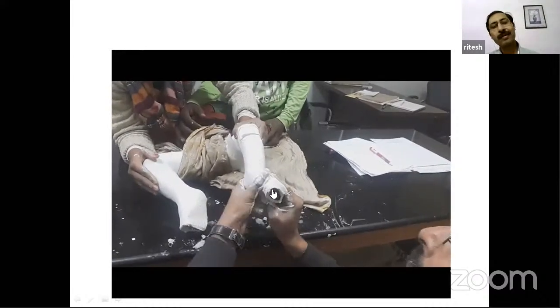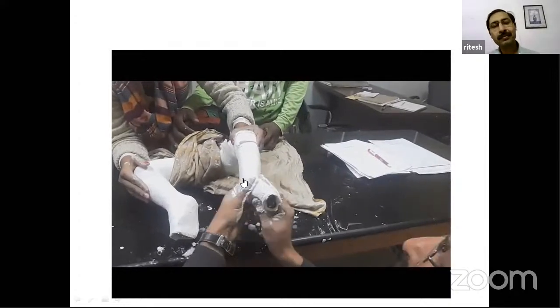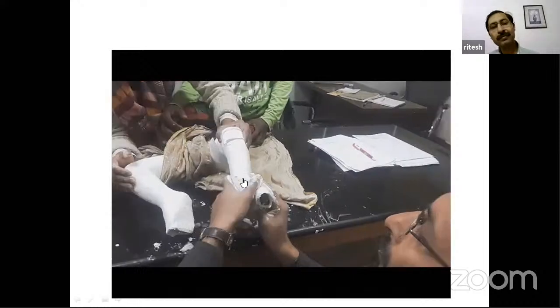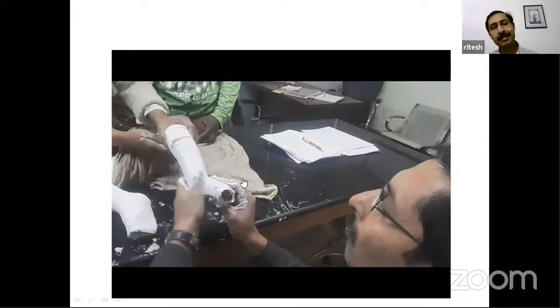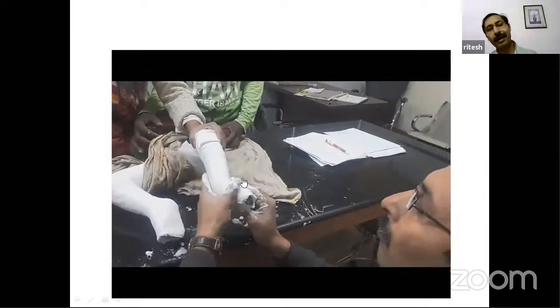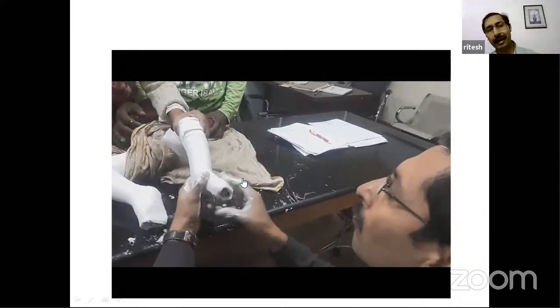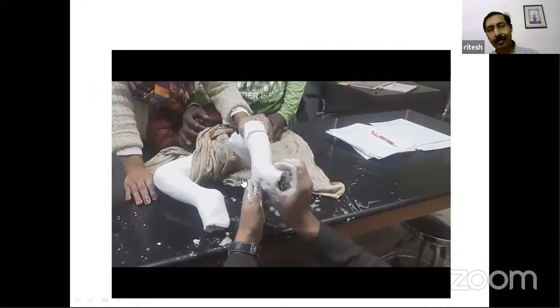Whole foot is in supination and trying to put one finger over the fulcrum, that is the head of the talus, and with the other hand trying to stretch the medial soft tissues. I have seen some other surgeons, while applying this cast at this stage, while molding, the left hand, which is behind, they put the index finger around the calcaneus to create the shape of the calcaneus or the shape of the heel.